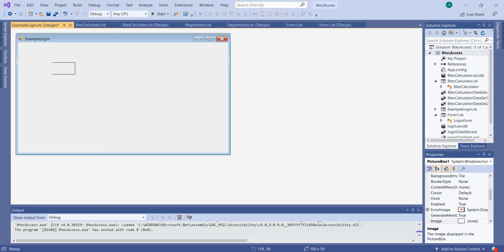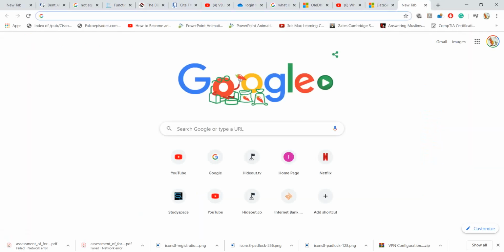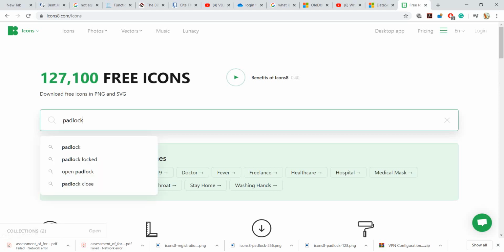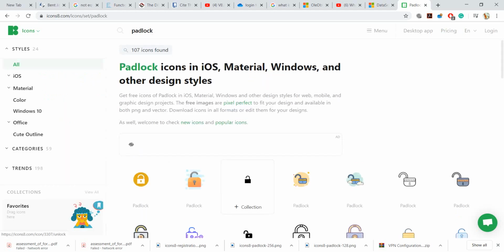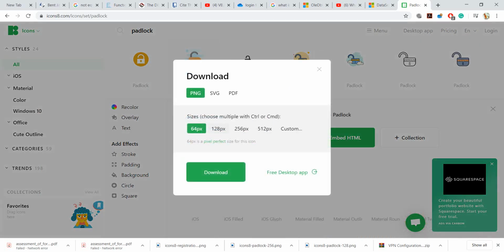Now with your picture box, you want to get a good icon, right? So you can go over to this website here, Icons 8. I'm sure you can remember we've used this several times. So I used, because it's a login page and normally it's padlocks that we're used to seeing for security for login pages. You can use different images, to be honest. This is just the one I chose to use. So I chose this and I said download, and I